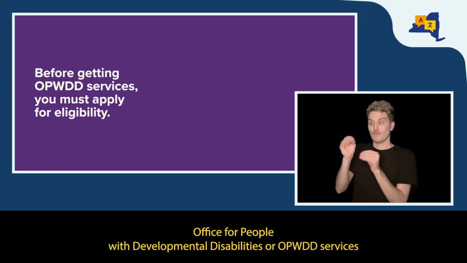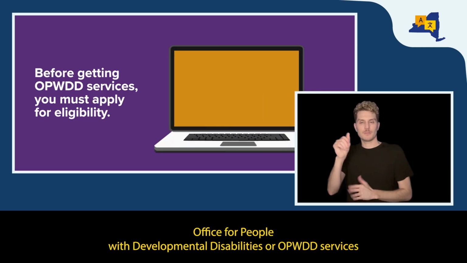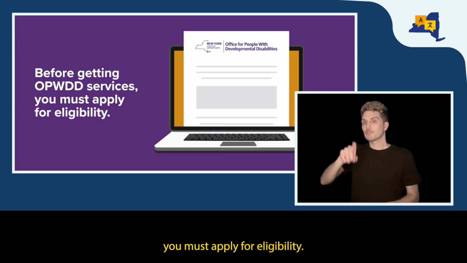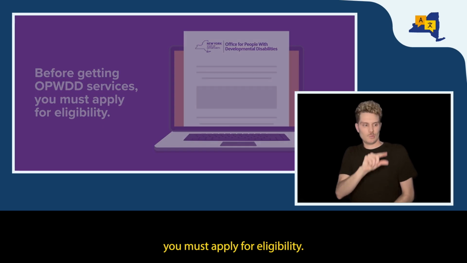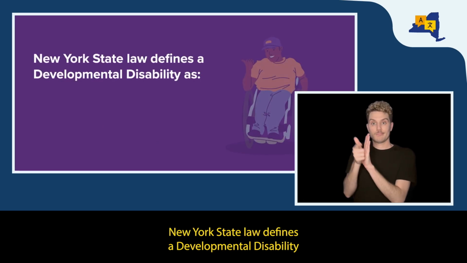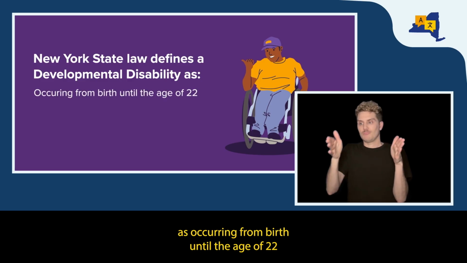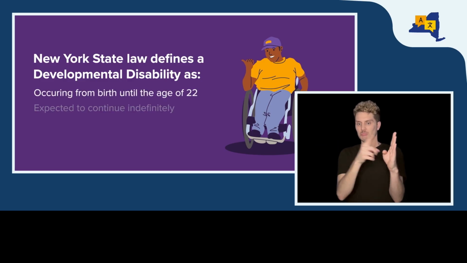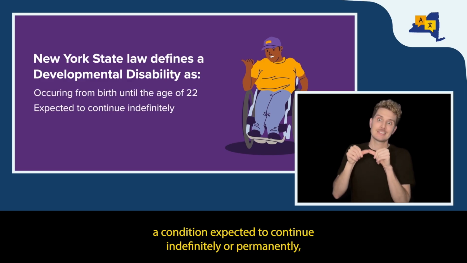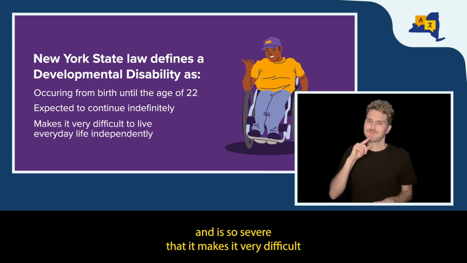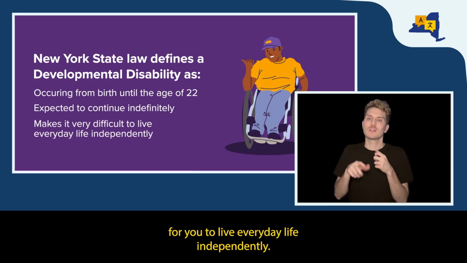Before getting Office for People with Developmental Disabilities, or OPWDD, services, you must apply for eligibility. New York state law defines a developmental disability as occurring from birth until the age of 22, a condition expected to continue indefinitely or permanently, and is so severe that it makes it very difficult for you to live everyday